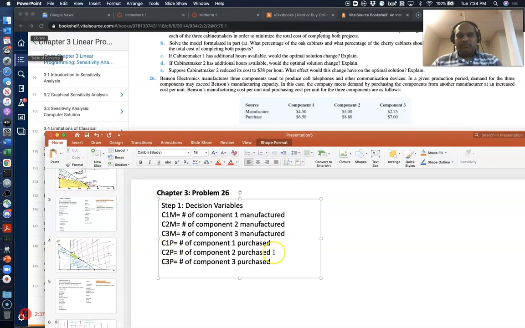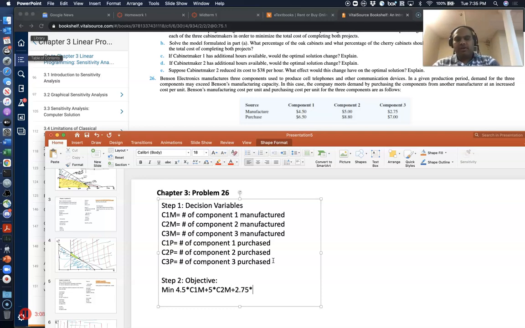So step 2 is the objective. The objective here is to minimize the total cost of manufacture and purchase. So you say minimize the total cost of manufacture and purchase. Let's write the cost of manufacture first, which is $4.50 times the number of C1s you make, plus $5 times the number of C2s you make, plus $2.75 times the number of C3s you make, plus $6.50 times the number of C1s you purchase,